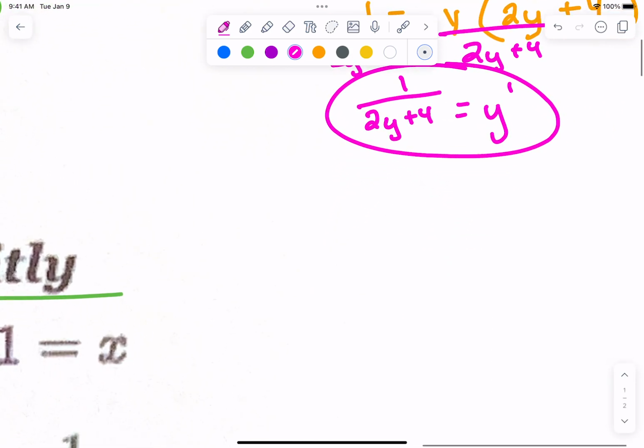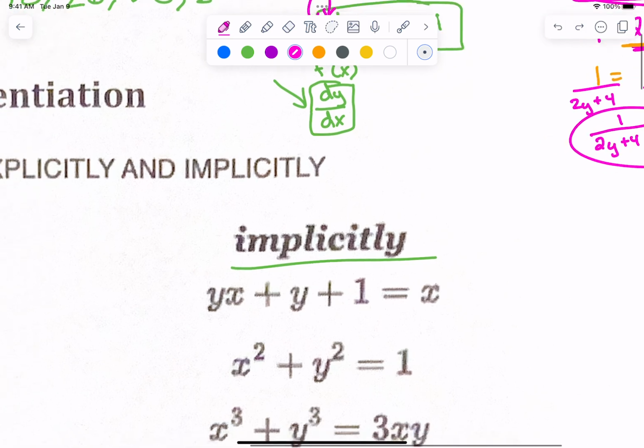Eventually we'll get to the point where we're taking the derivative of x times y, which is going to involve a product rule. We might do that here in a minute, right? It's not that bad, okay? All right, so